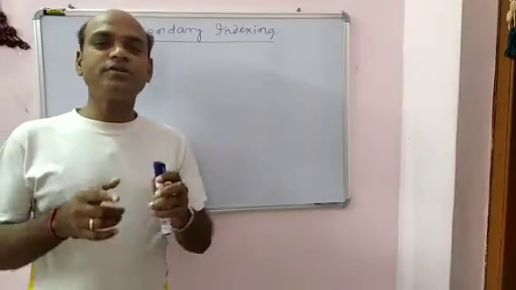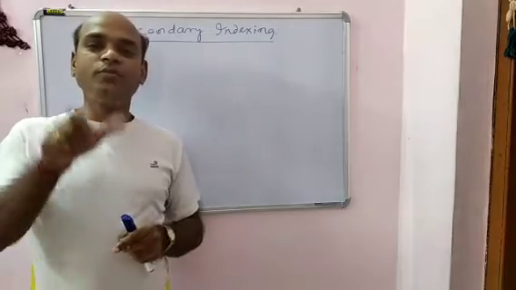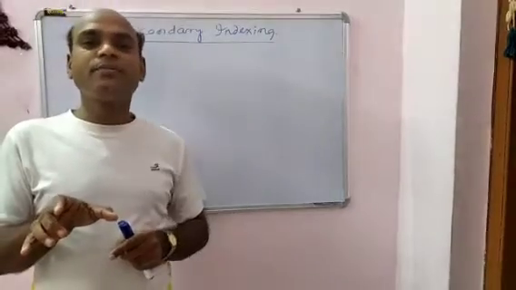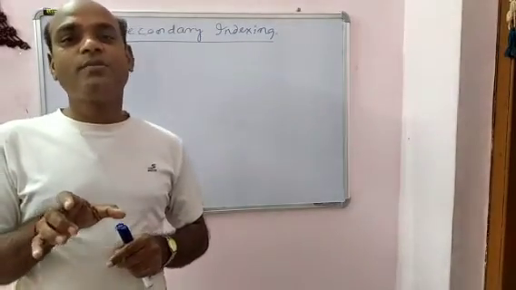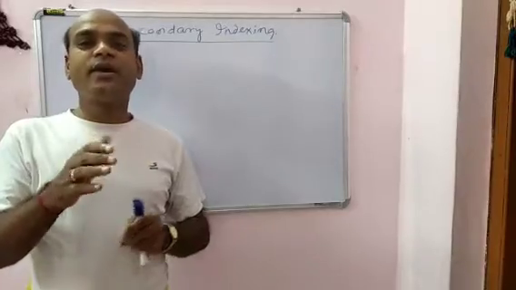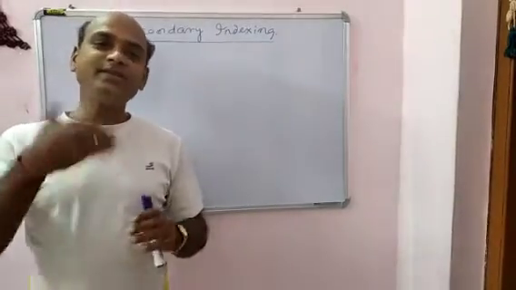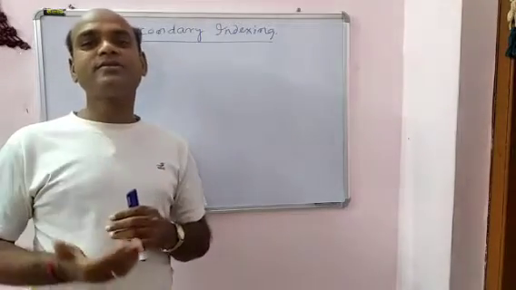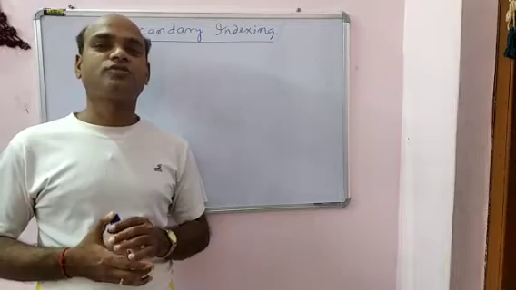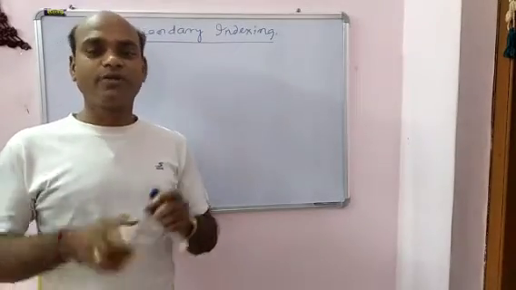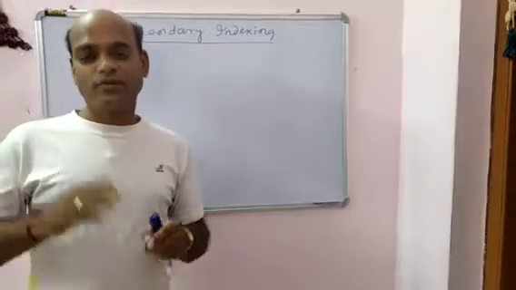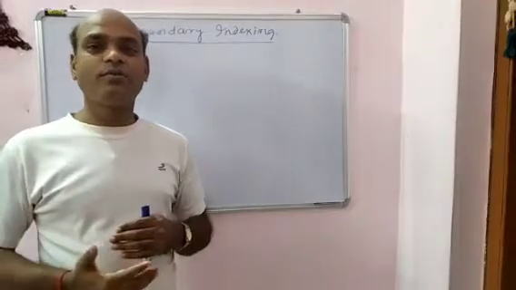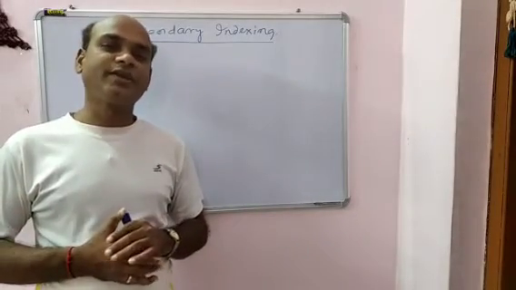Just imagine a book. In the front page, an index is created, that may be the primary indexing, but another index is added at the end of the book. So an additional index is created. Additional indexing is sometimes required to search, and that is the secondary indexing. In your dictionary, in your book, the index on the last page is the secondary indexing.